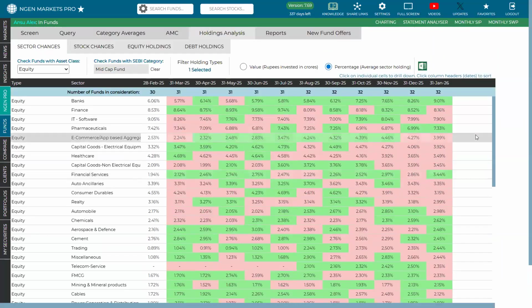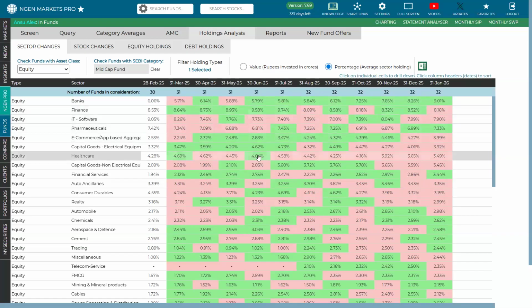Now, for this period of 12 months, you might also see color changes, which is green and pink. Two colors is what you can view right here. So, green says, in consideration to the previous month, there has been an increase in terms of allocation. And pink says, in consideration to the previous month, there has been a reduction in terms of allocation.